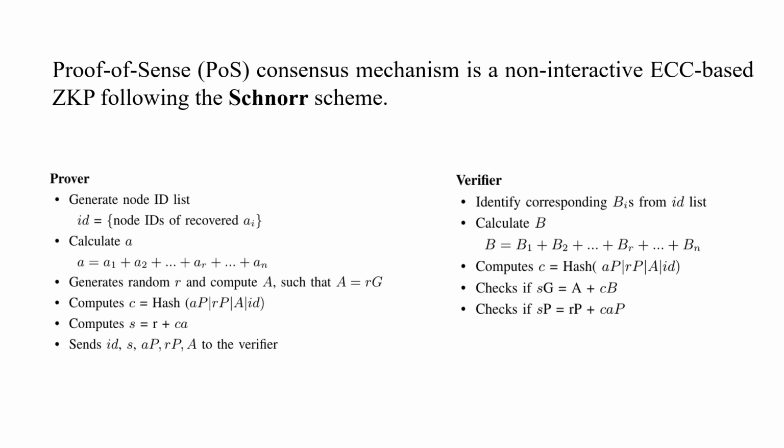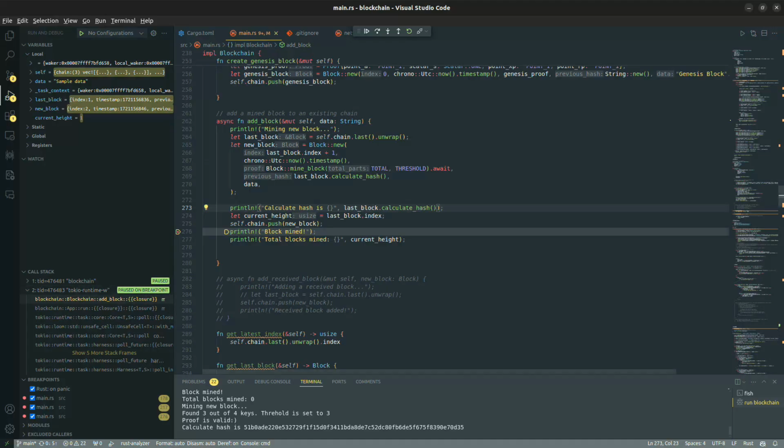In the verification process we need certain parameters. The prover generates these parameters and adds them to the block. Once other nodes receive this, they have the necessary parameters to do the verification. Then they can verify whether the node actually collected these keys, and if so, they can add the block to their existing chain. Now we can see how the proofs and data are added to the chain.